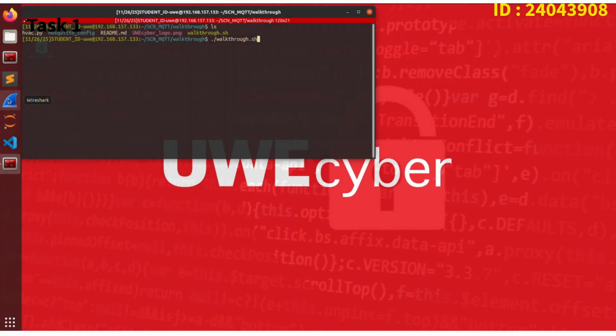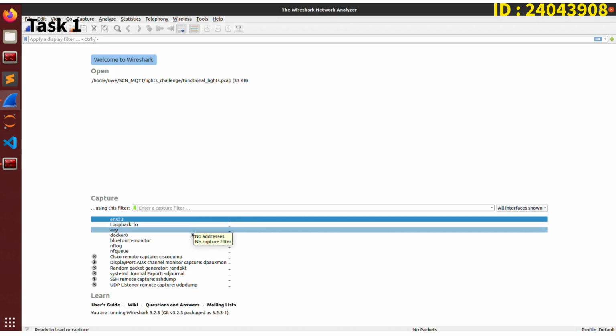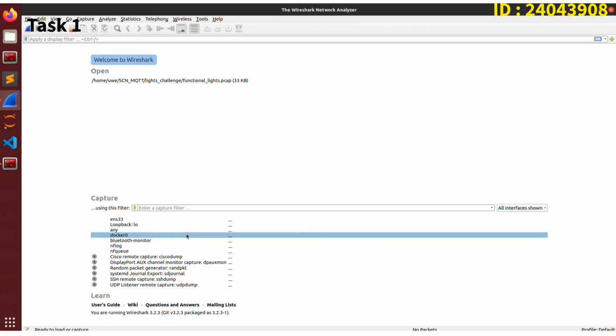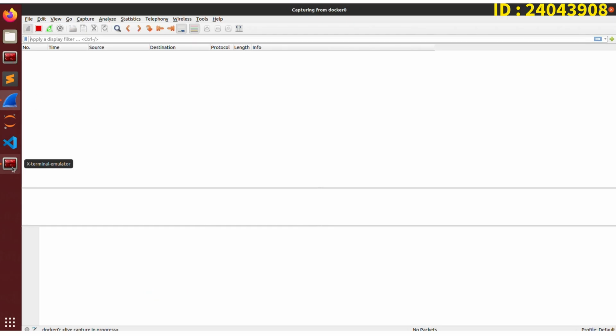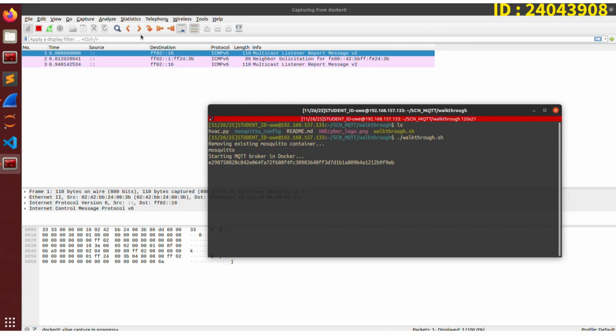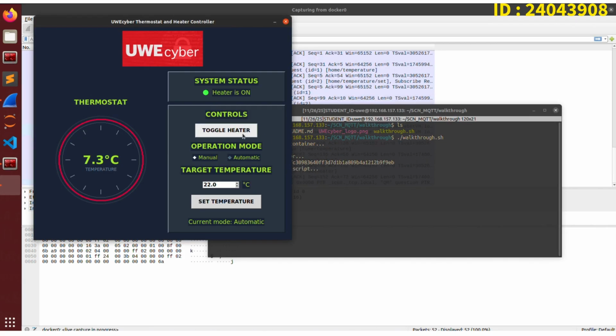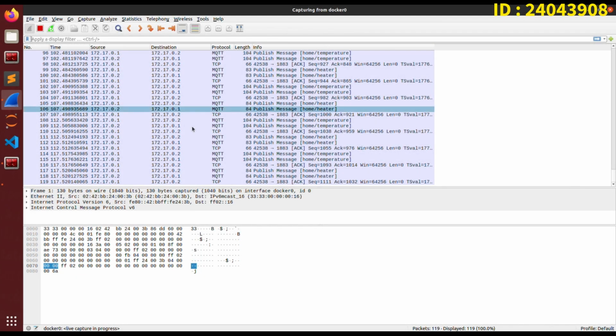I'll be starting Wireshark, and in this one, I will select Docker 0, which runs the MQTT broker Mosquitto. And when I start the walkthrough, it should display the traffic in Wireshark. Yeah, this is the application. And after running the application for a few minutes, we can see some